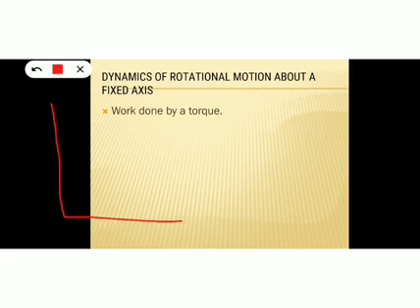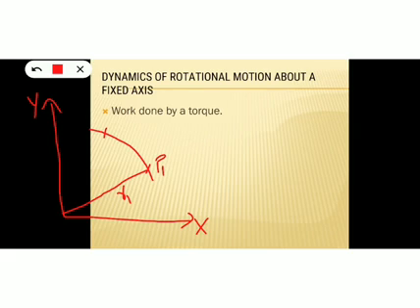So here we are considering a Cartesian coordinate system xy, and a particle is executing a circular motion through this curved path. Initially, let P1 be the position of the particle, and a line drawn from origin to this P1 will be the position vector of particle at P1, and after a time t, the particle will reach the point P1 prime.